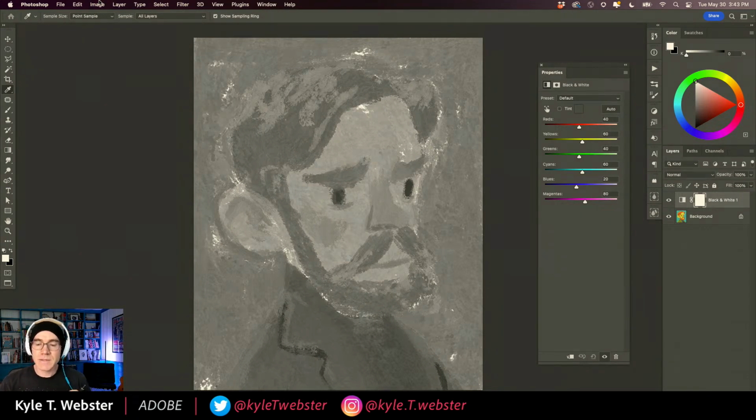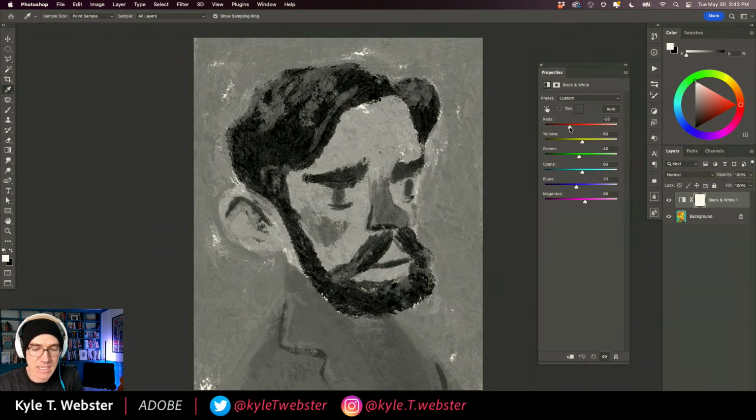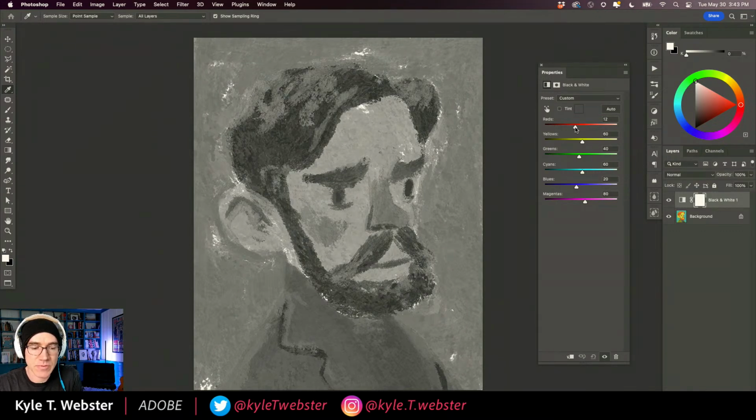So what's amazing about the black and white image adjustment is that it actually lets you create a black and white image, but be really picky about the relationships that are actually happening with the colors, with their values. So look, here are my reds. See that? If I take my reds, I can darken them up, and only the reds are going to get darker. So what I can really do is create a black and white image, but have total control over the tones, over the